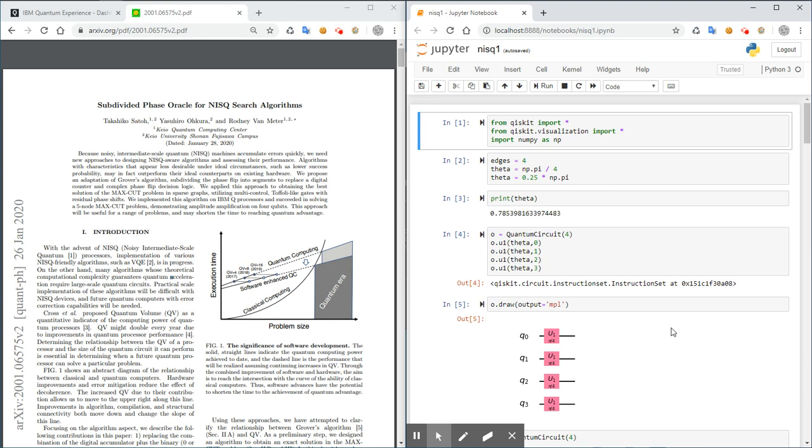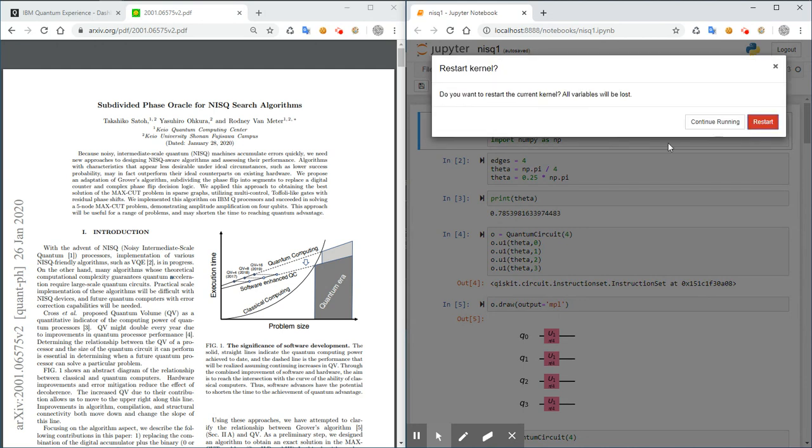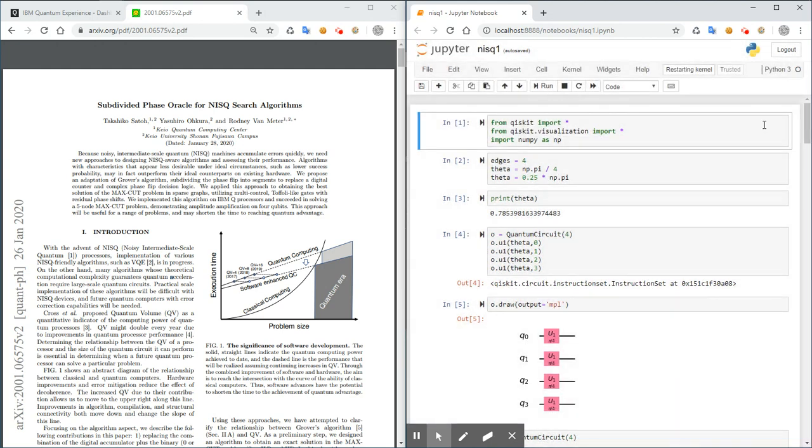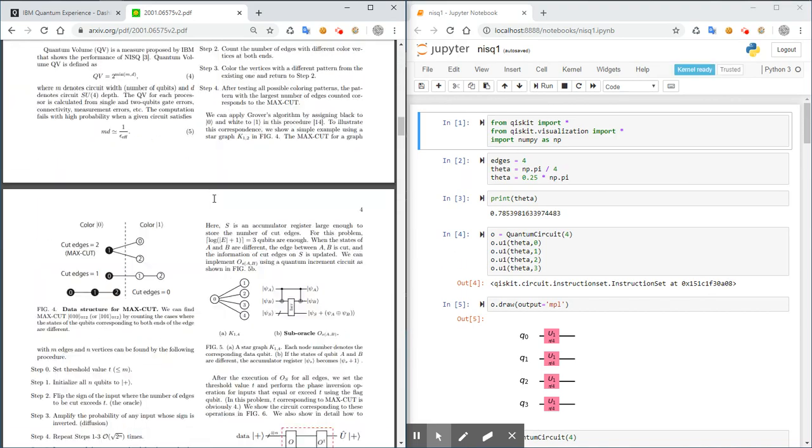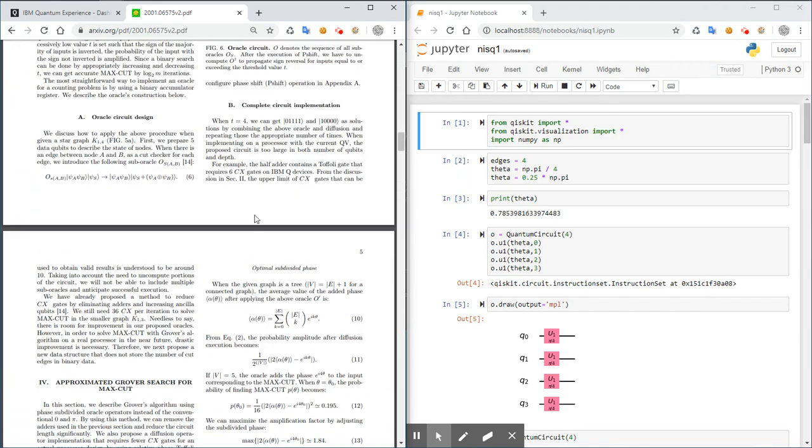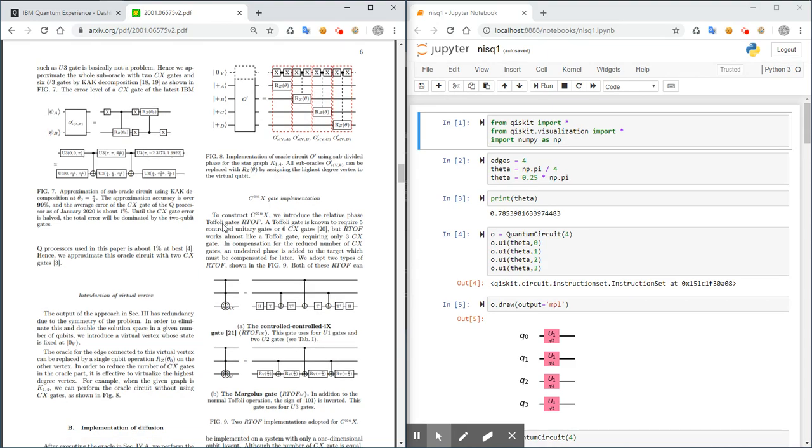So the time has arrived, and it's now time to take it to a real quantum computer and see what happens. Let me just restart the whole thing in here, restart, and run the whole thing. Now, two things I gotta do. First, I'm gonna try to understand which quantum computer they used